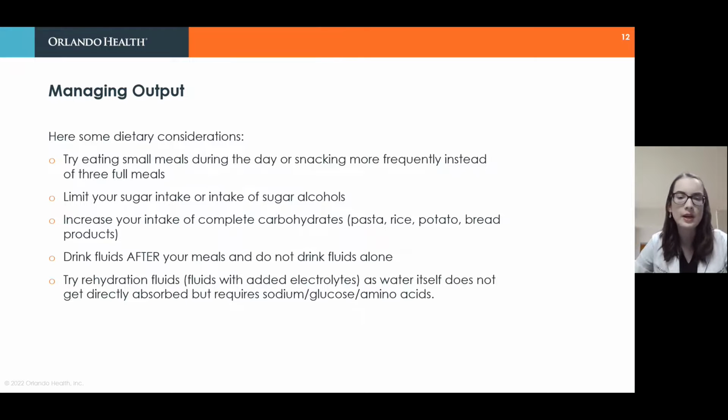Avoiding triggers that might create higher than normal output, which would include really sugary baked goods and sugar sweetened beverages. Anytime we consume anything too concentrated, especially in the form of sugar, our body's reaction is to actually pull water into the gut to try to dilute. And by doing that, it can actually cause increased output in the stoma because it's contributing to kind of diluting